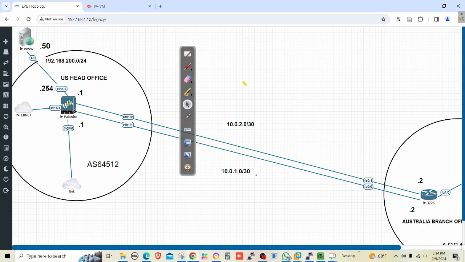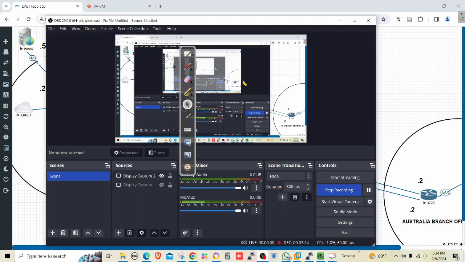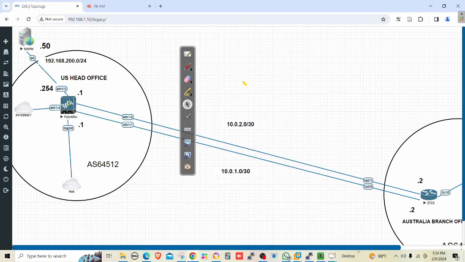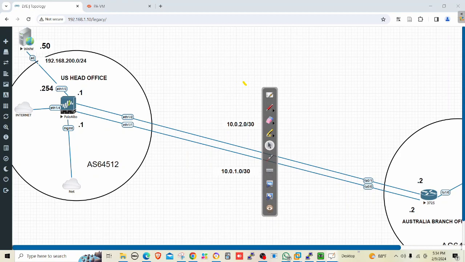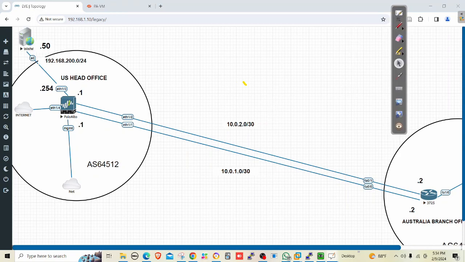Okay, I think you can see my screen, right? Yes, you can see my screen. Okay, here I have this network, because I cannot draw by keeping it on the second screen, so that's why I moved to this screen. Let's say this is my head office,